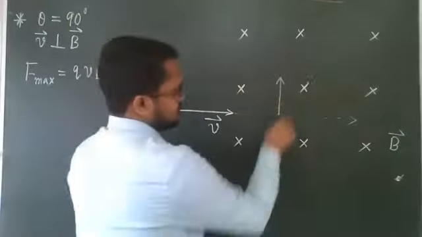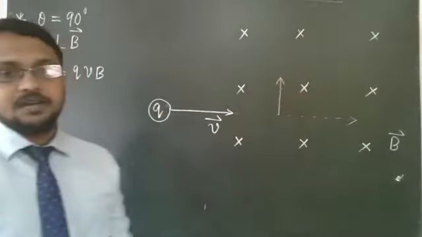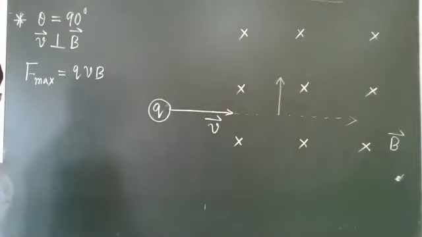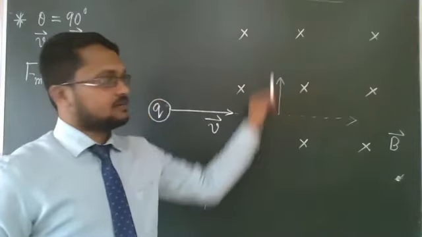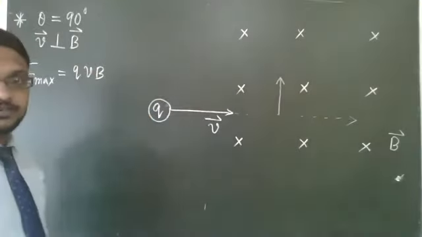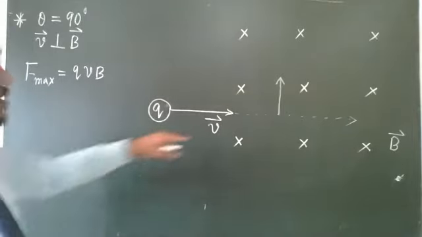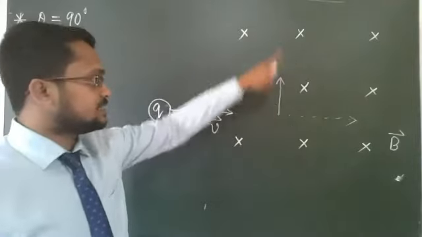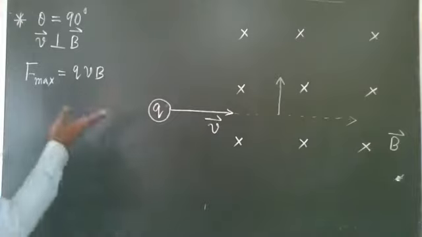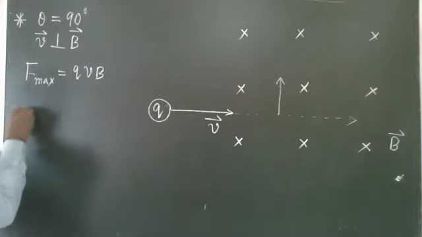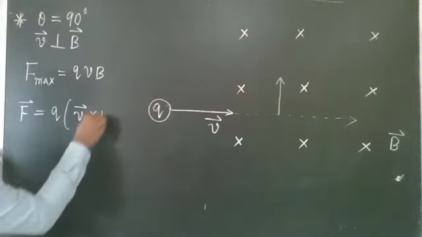It is perpendicular to velocity. You can automatically understand, this is 90. Is it perpendicular to the magnetic field also? The magnetic field is entering into the board. Yes, sir, it is perpendicular. So either the force will act in this direction or in this direction. In which direction will it act? Take Q V cross B. The exact formula is F equals Q V cross B.